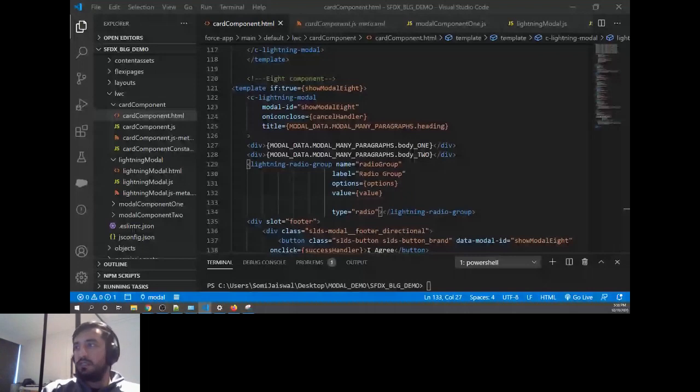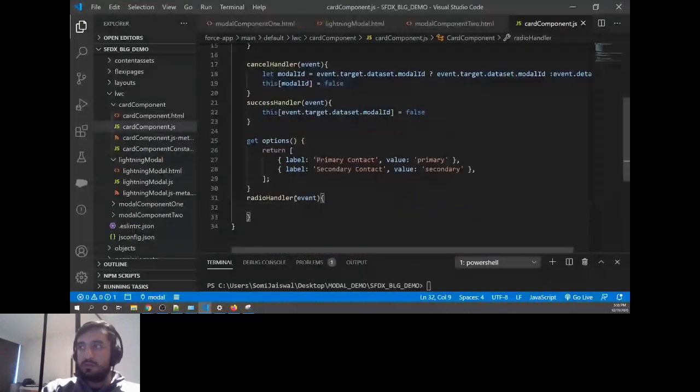So it will receive an event, and I'll say console.log. This is how you print in the browser console. I'll use backtick. Selected record type is, I'll say event.target.value.